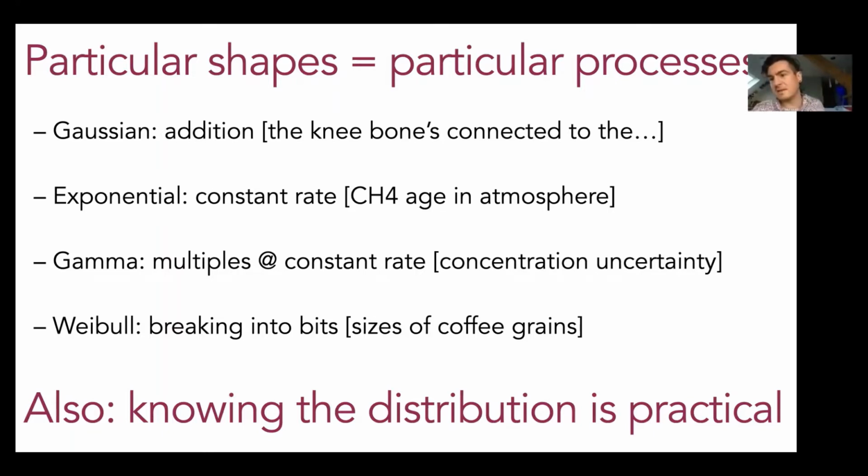So basically this means that if we see that variation follows a particular distribution, then we know what process is generating that variability. So we understand something mechanistic about the thing we're observing just by looking at the variation in it. And so that's cool from a mechanistic standpoint. But the other thing is, knowing the distribution has a lot of practical implications, which is sort of what I'll try to be talking about today.